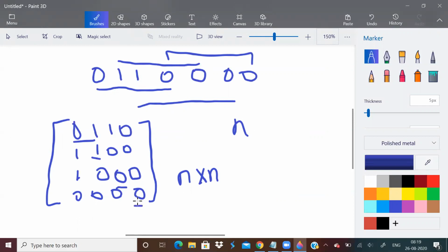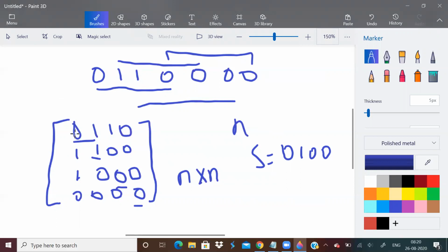From the first string I take the first character, from the second string the second character, the third string the third character, and so on. In this case my string s will be 0, 1, 0, 0. As you can see, this s is similar to all the substrings of the original string.